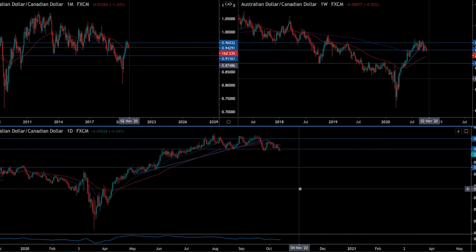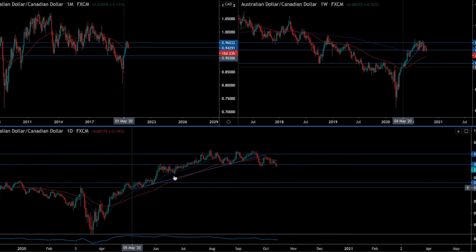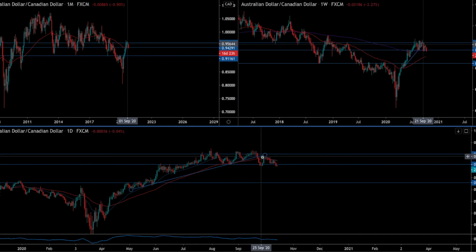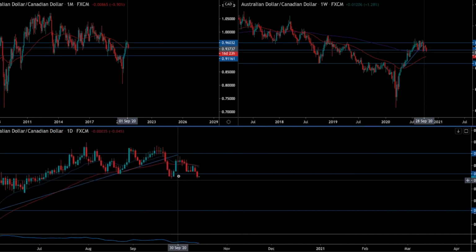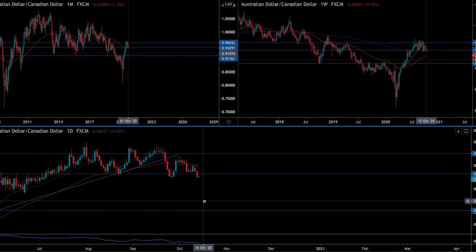This daily chart looks very similar to euro dollar, New Zealand yen. It broke and retested and had some nice tweezer tops. Let me zoom in for you. These candles are called tweezer tops right here, these two. This red and green, doesn't matter what color they are, but those long high test wicks, two of them in